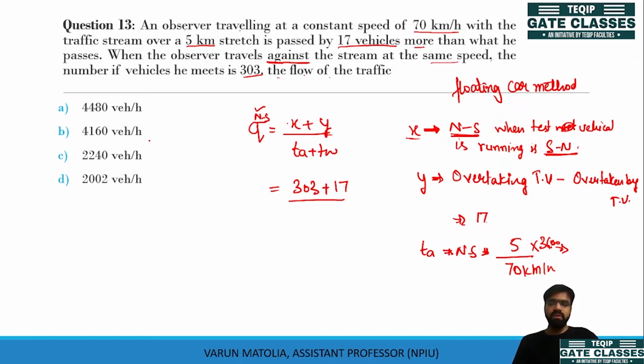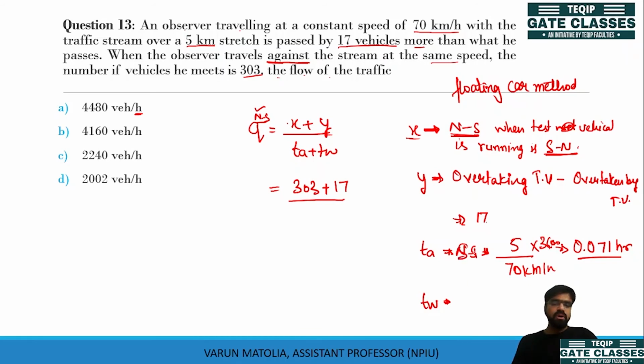Okay, we need this value in hour only. So there is no need to change this value in seconds or minutes or whatever. The value is 0.071 hour. Similarly, TW is,